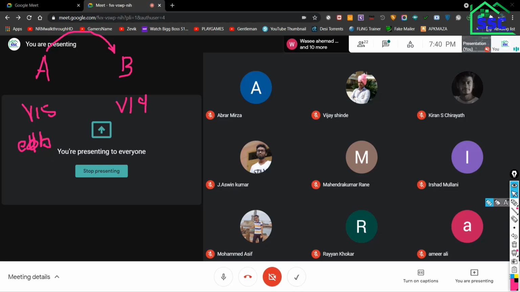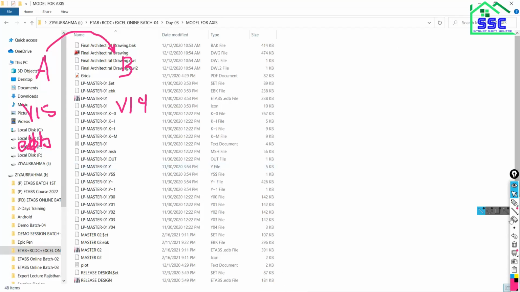See, these three files are there. I can show you. See, this is the logo file. Can anyone read this? .edb file. So it is actually the model file. Second one is the .ebk file. It is the backup file. And third one is the $et file. Is it visible?